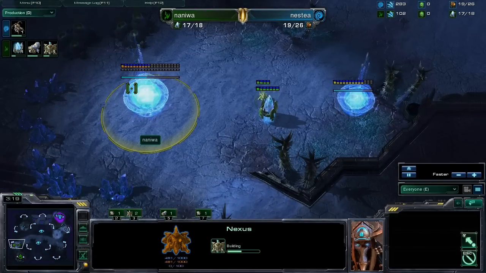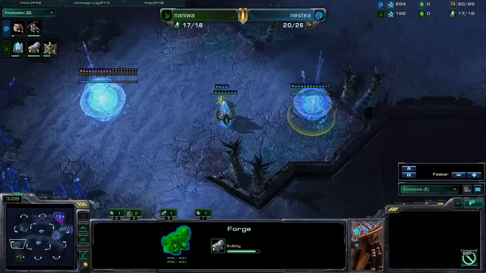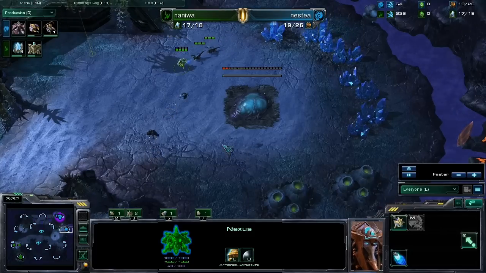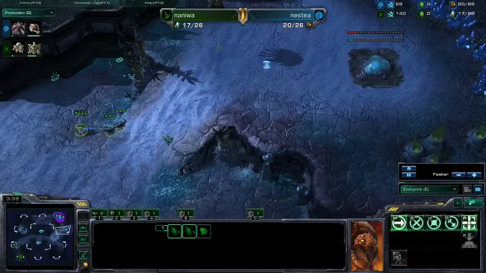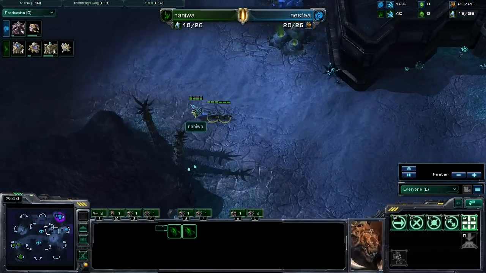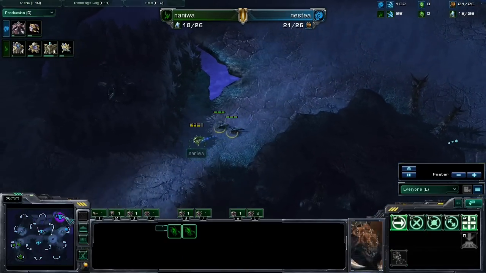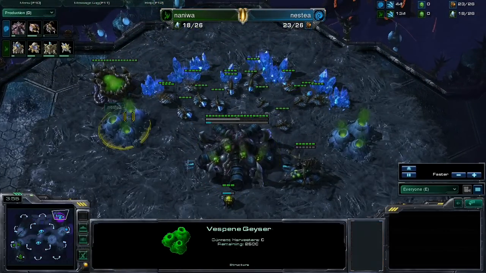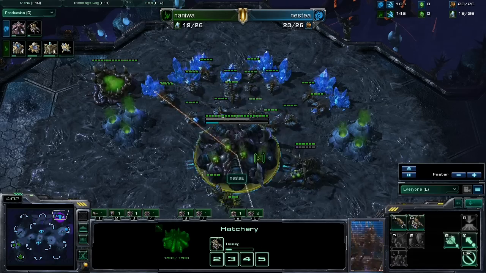We do have the Nexus been plopped down right here for Naniwa, and also a Forge going down as well here. It's not really a Forge first because he did plop down the Nexus first, but anyway, we do have the hatchery being plopped down here as well for NesTea. NesTea is actually just trying his best to be consistent with this opening, I guess, as he did want those 2 Zerglings outside before he decides to go for an earlier expansion. It doesn't have gas though, so this spawning pool is definitely just for those 2 Zerglings and the early queen,